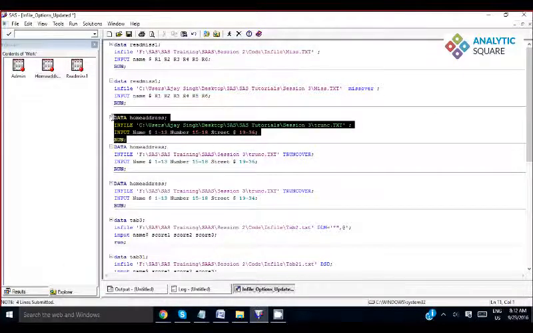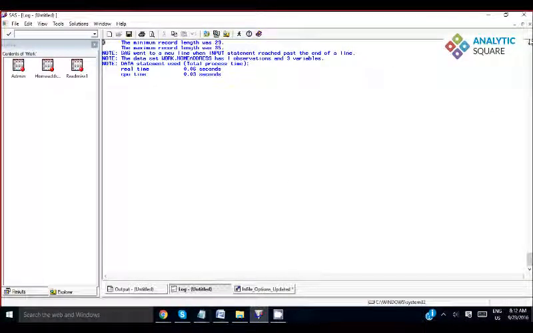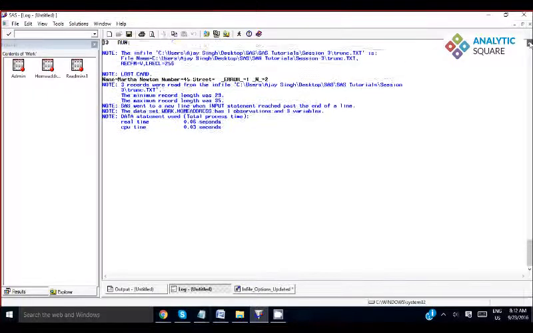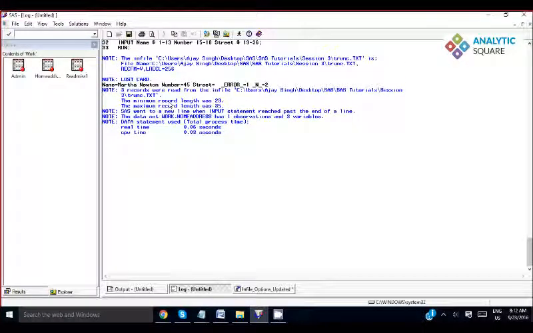Okay, now let me run it. Let's go and check the log. Okay, in the log you can see that it's showing the lost card, and this error is specifically for the street.